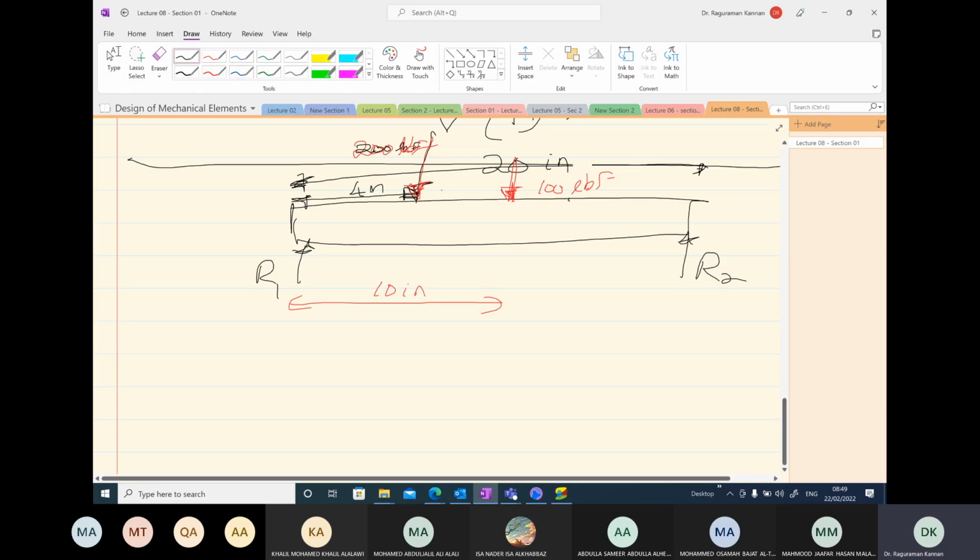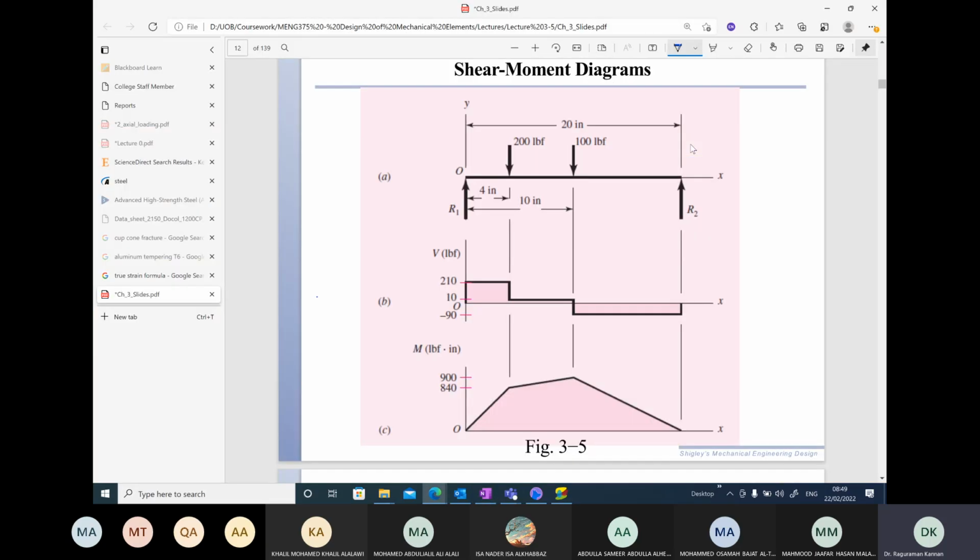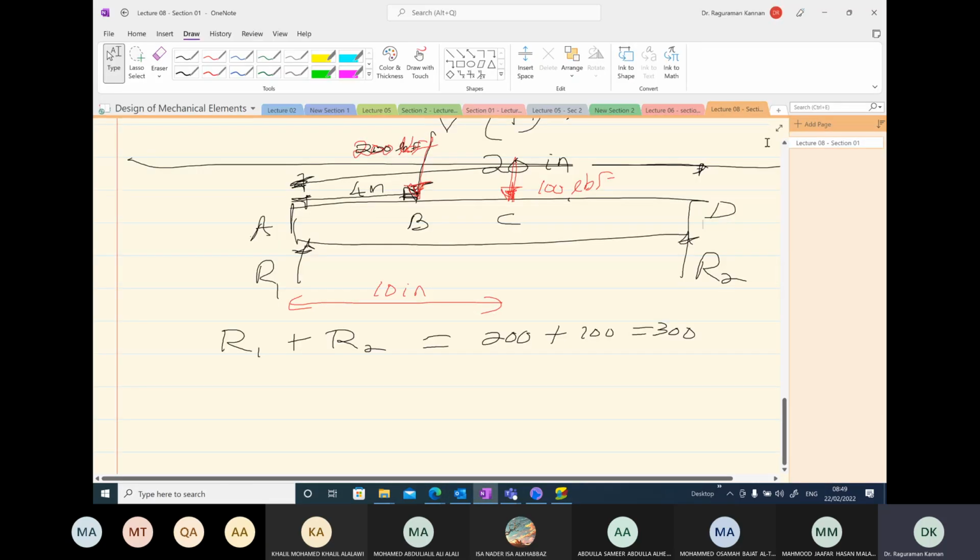Okay, so how do we solve? How do we draw the shear force and bending moment diagram? First, we need to figure out R1 and R2. Write the equilibrium equations. R1 plus R2 must be equal to 200 plus 100 equal to 300. Let's denote the points A, B, C, and D. Okay, so we don't have any point here, but that's what we write. And then